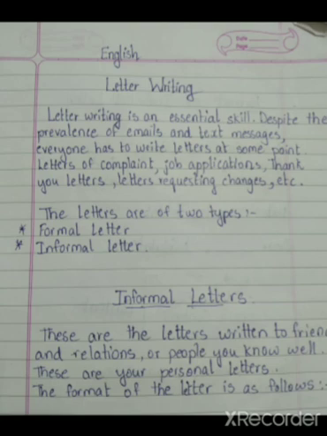Now out of these two types, the one which you are going to study in exam, for the purpose of exam, is the first one, informal letters. You will be learning formal letters also, but for now, the first you're going to start with is the informal letter. So we have seen the definition of informal letter, that they are letters written to your friends, family, relatives. Your relatives can be your uncle, your auntie, your cousin, your mother, your father, your brother, your sister, your grandmother, your best friends, your friends, or anyone you know. So to them, when you're writing, it's your informal letter.